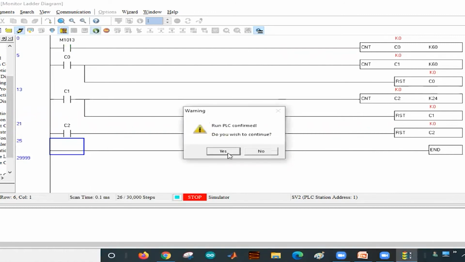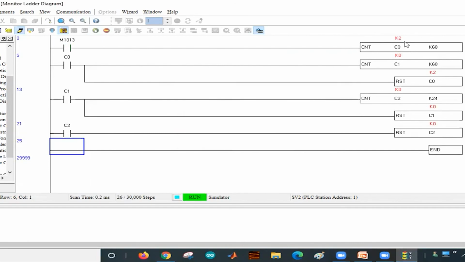See here, 1, 2, 3, 4, 5 seconds, 6 seconds. Like that, the seconds value will go on increasing up to 60. After it reaches 60 seconds, in the sense 1 minute, the C1 value will be incremented by 1 and the C0 value has to reset to 0.